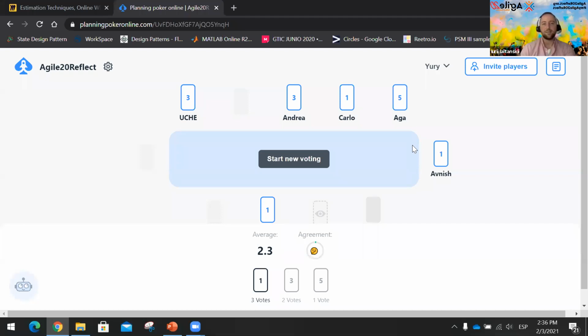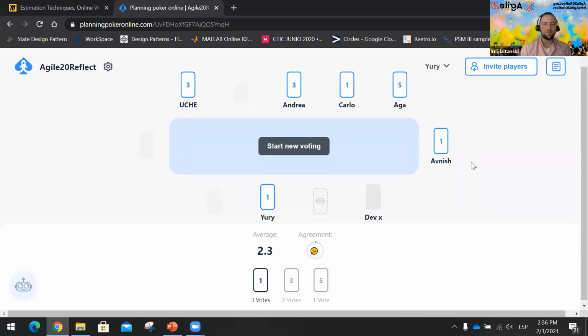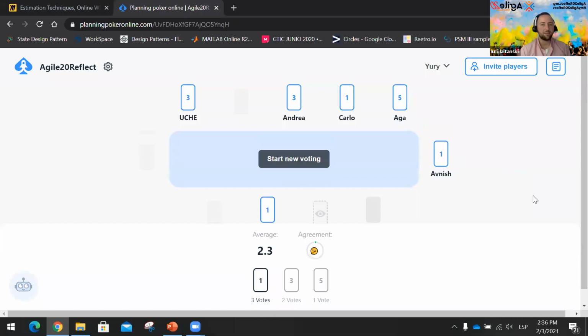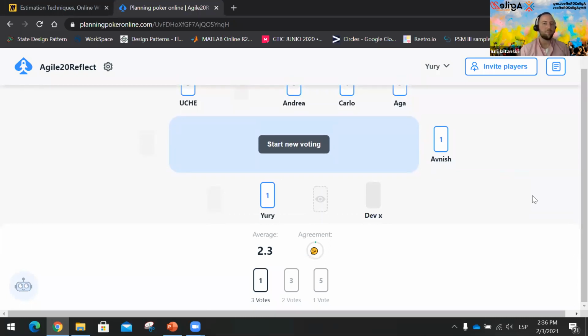Okay. So, as I said, this conversation would lead us to estimate it correctly, or in some cases when we're stuck estimating. Like I said, we have a senior member, Devex, and the team would ask, "Devex, are you ready to take this item to work on during a sprint?" And he says, "Okay, I'm going to put it as 1 point, because in my case it would be fast." If the team agrees that this is 1 point for this item, we are good to go. Okay, so that was it.